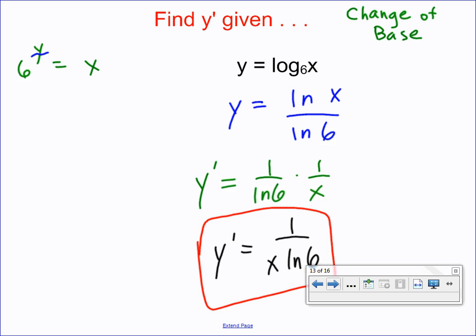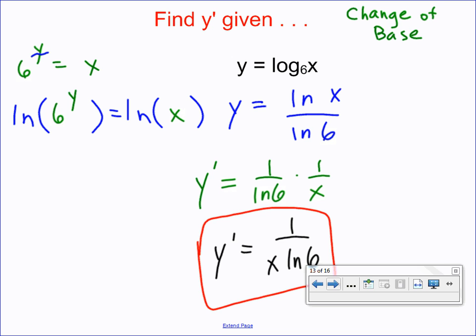So what we need to do to get that variable expression down out of the exponent and on the ground floor where we can deal with it, we'll take the log of both sides. And we can take any log of both sides. I'm going to take natural log of both sides because in calculus, working with natural log, the derivatives of an exponential are easier. So I'm going to take the natural log of 6 to the y is equal to natural log of x,